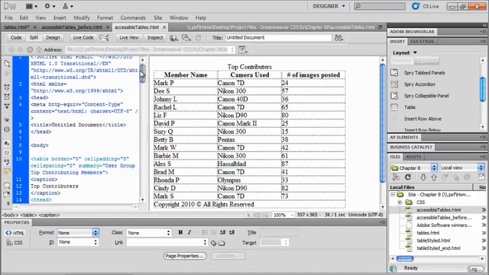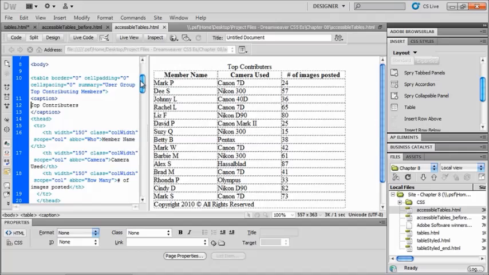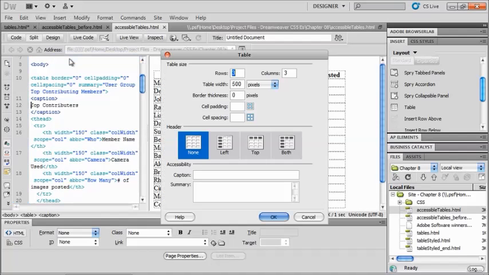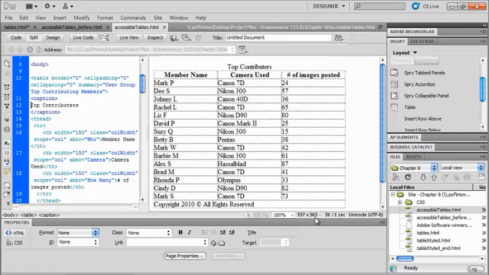So for instance, if I put a table in like we did before, if I do an insert and table, this table was put in with the header at the top and the accessibility used for my caption and for my summary. Let me cancel out of that for a second. And what I get in my code